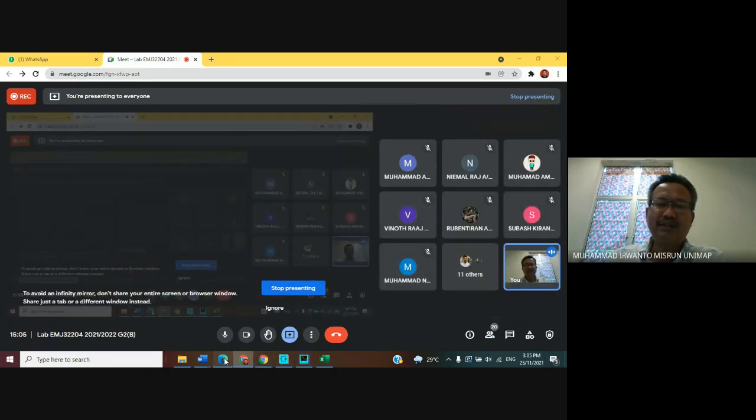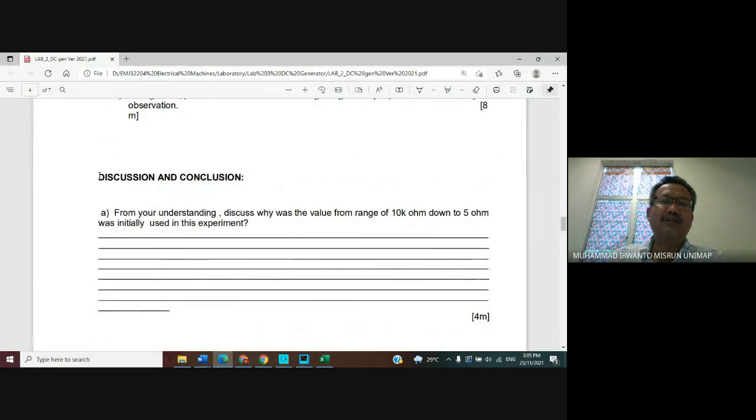Last part is for discussion and conclusion. From your understanding, discuss why the load resistance range from 10k ohms down to 5 ohm was initially used in this experiment. Earlier, for field voltage 120 volt, we varied the values of the load resistance starting from 10k until 5 ohms.